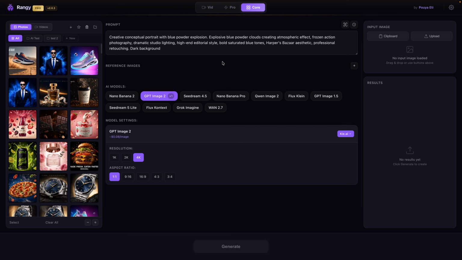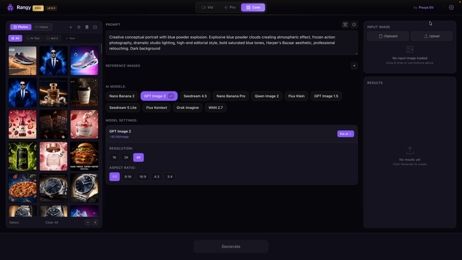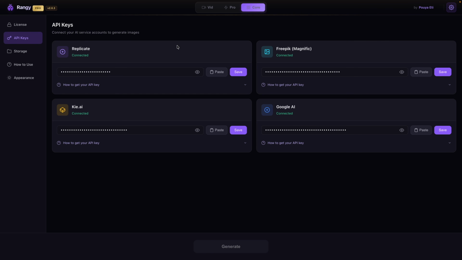So this is Rangy. This is an app that I created. You can run it on Mac or Windows. If you don't have Rangy, you can get it from the link down in the description. And after you install it, to set it up, all you need to do is to come to the settings, and here under API keys, there are 4 places that you can add API key and use these platforms. For example, here we have Kie. You can connect this Rangy app to Kie, and generate images on your computer inside this app